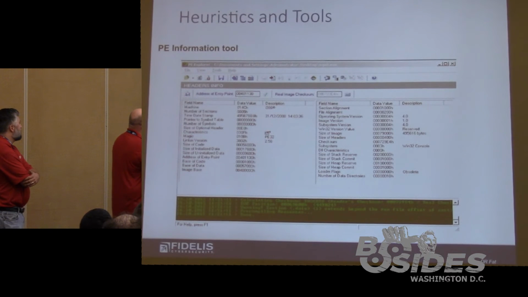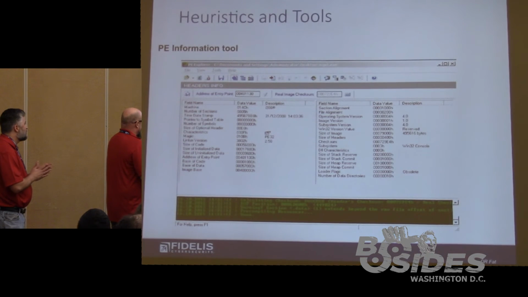The PE information. Why is this important? Because all executables have a header, and the header is not human readable. It pulls out stuff like the creation time and